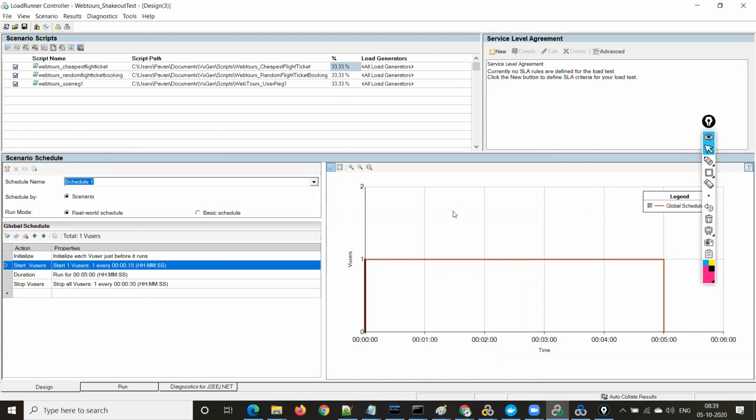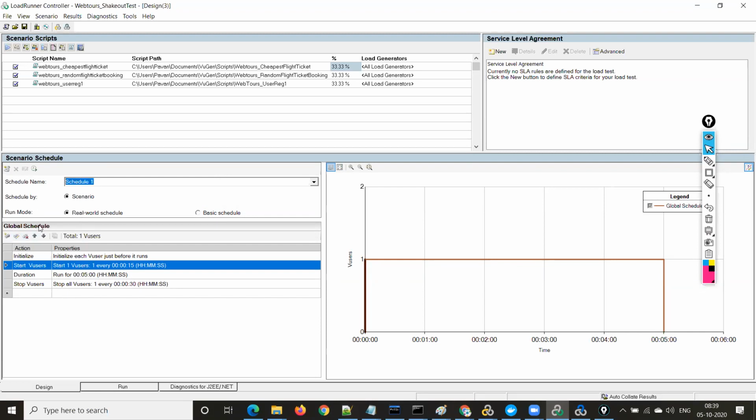Scenario schedule, and let us understand what is this diagram, right? In the scenario schedule section, by default you have the schedule name as Schedule 1, right? And you have something called schedule by scenario, and run mode as real-world schedule. Let us understand these.